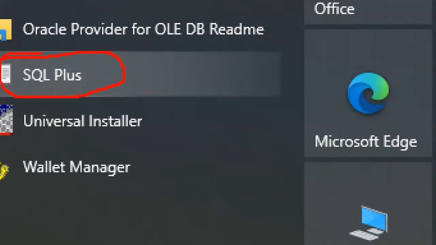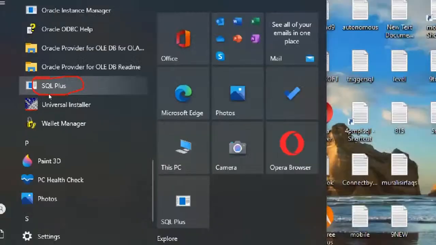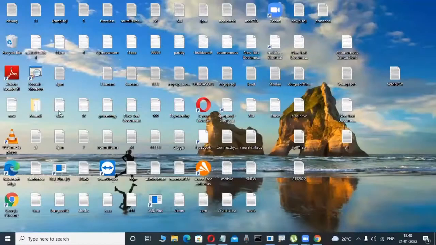Again, SQL Navigator is a tool, and Toad is a tool. Those are all explicit GUI tools. But SQL Plus you are not required to load. Once we load the Oracle software, that SQL Plus tool is automatically available. Those are all the things. Once we start our course,